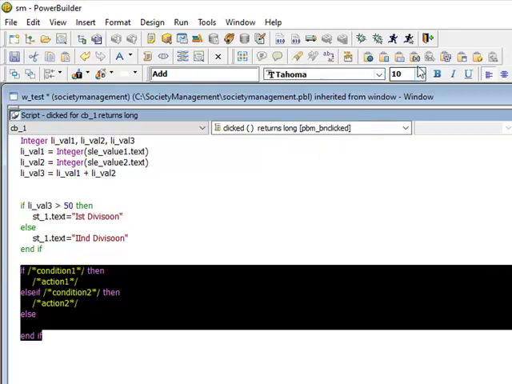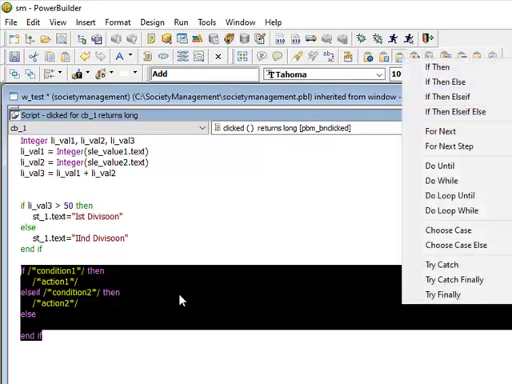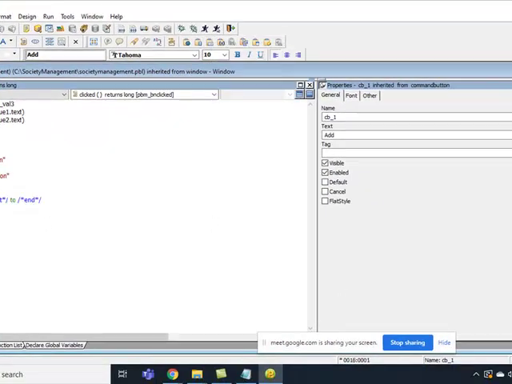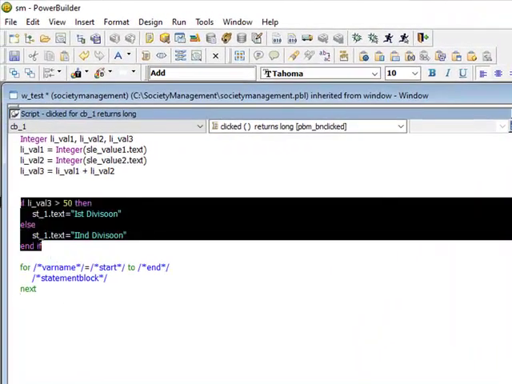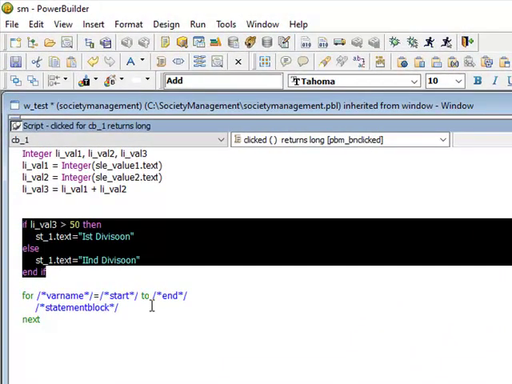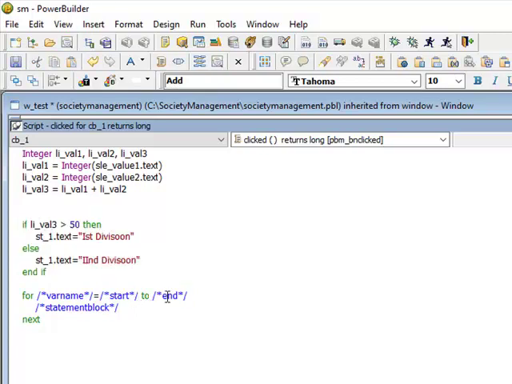Now let's discuss the very simple things, loops. Where is this? Loops. Let's use this loop. There are many loops. You can go through whatever you want. Let's discuss this one for next. Okay, if I want to print, I equal to 1 to 10, right?